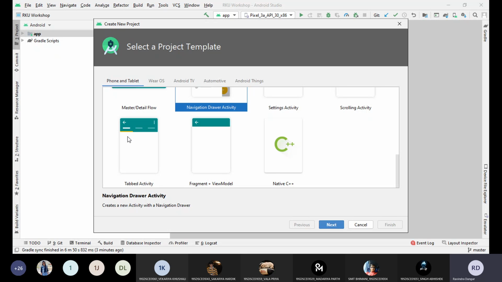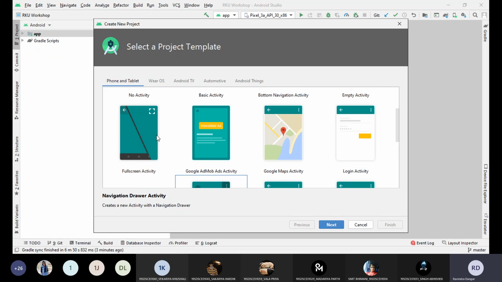Earlier, I was discussing WhatsApp. In WhatsApp, people are using tab activity. Like in the first tab, there will be a number of contacts. In the second tab, it will show the status. In the third or last tab, it can show the history, whatever calls we have done, the entire history. So if you want to implement certain tab activity, you can simply select this activity. Likewise, you can see there are many options, such as full screen activity.